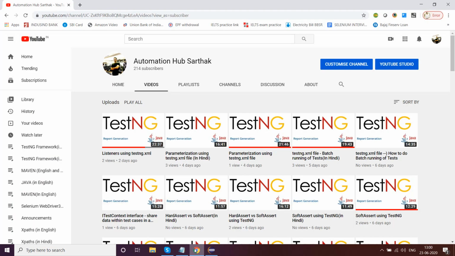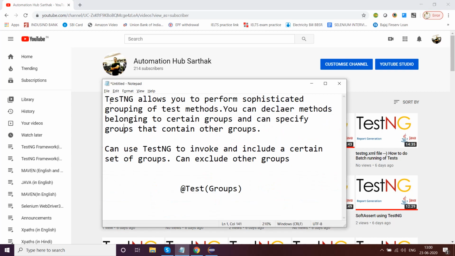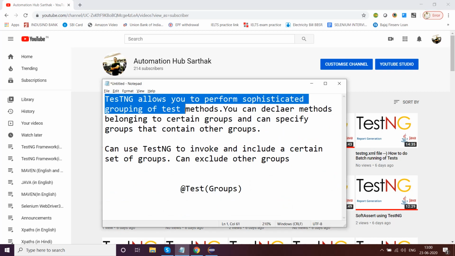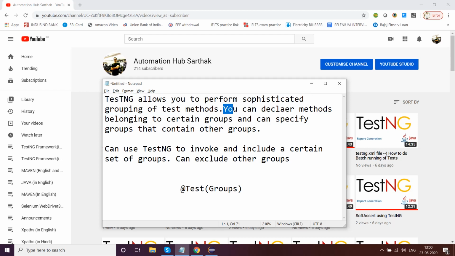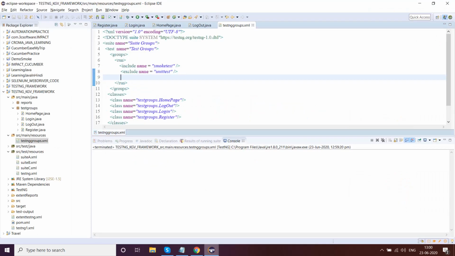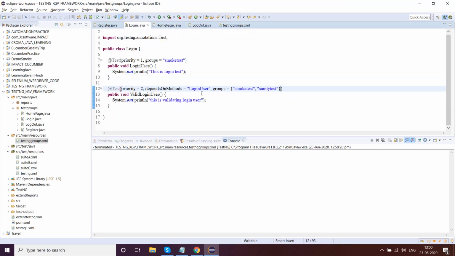And I had written a small note before here. TestNG allows you to perform sophisticated grouping of test methods. You can declare methods belonging to certain groups. We did that, and can specify groups that contain other groups. We also did that.